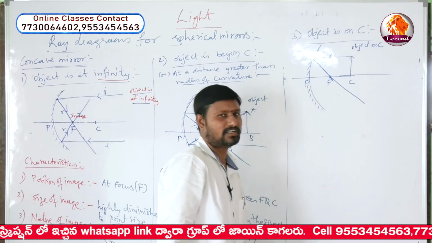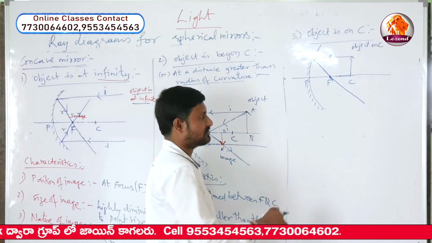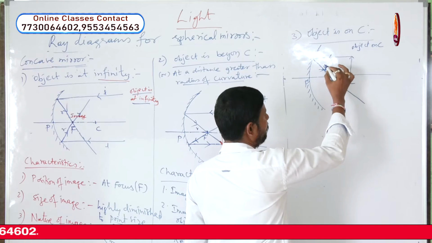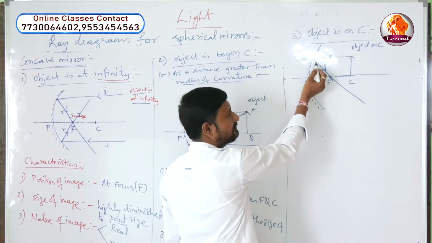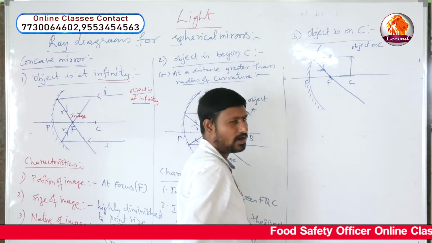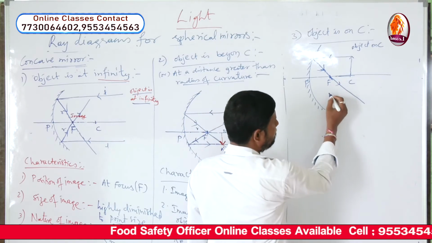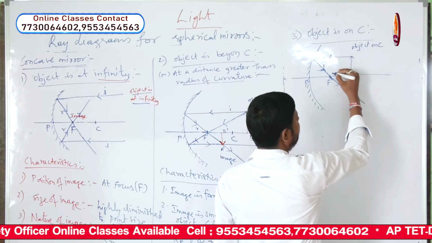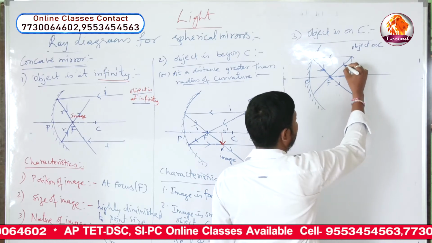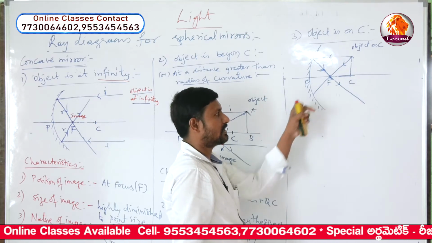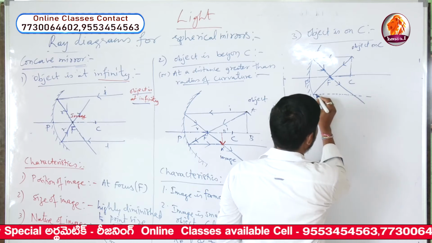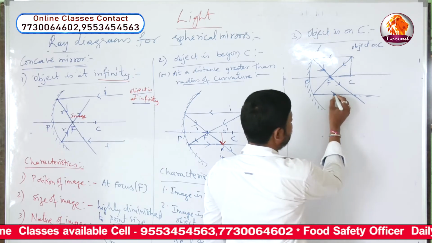When we use the scale and geometry box, we get straight lines and everything properly here. So here it is the reflected ray. You know already any light ray which is parallel to the principal axis, after reflection travels through the focus. And now this is the first reflected ray. For the second reflected ray, we take another light ray from the object, traveling through the focus, and after reflection it travels parallel to the principal axis. So this is the reflected ray.